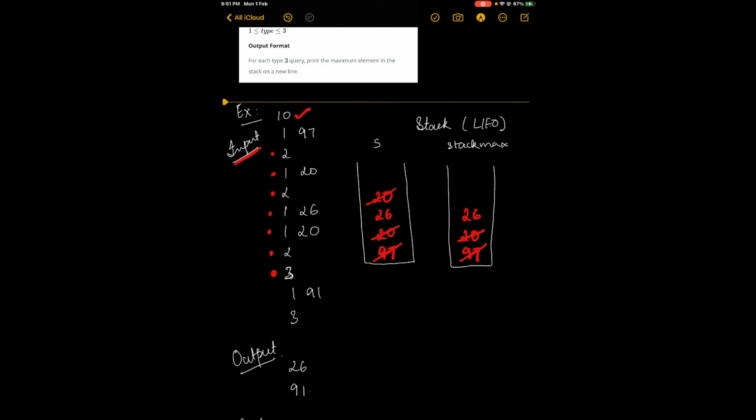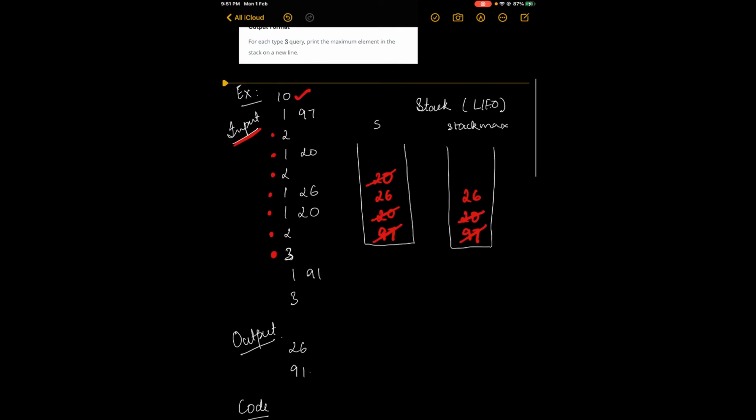Then comes this 3, that is return the highest value, that is print the maximum value. This can be found from the stack max. So here the topmost element is 26, so 26 should be printed. Next insert 91.